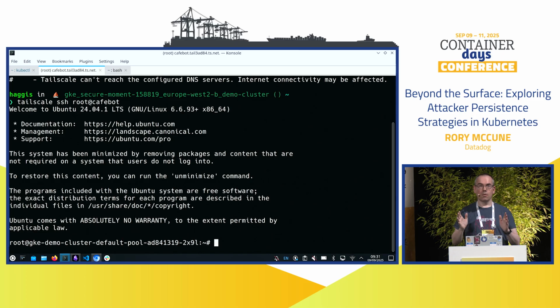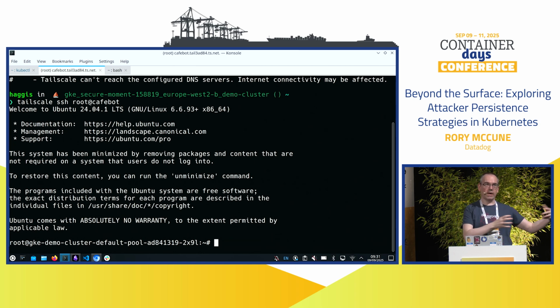Excellent. Our attackers are still having a great time. We now have a persistent connection that we can come back to after we get kicked out of the cafe, and we've got access to the node. This is looking good. But we are missing a very important piece of the puzzle. We don't have any creds. The credentials we are using are the admin's credentials.